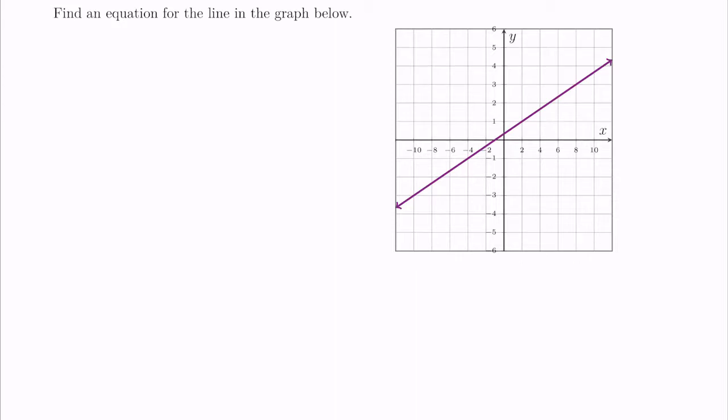We want to find the equation of the line that's given in the graph below. Typically, when we're asked to find an equation of a line given in a graph, my default is to use the slope-intercept form. The complication in the graph that we're given is that the y-intercept does not fall nicely on the grid. If we look at where it crosses, the y value of the y-intercept is somewhere between 0 and